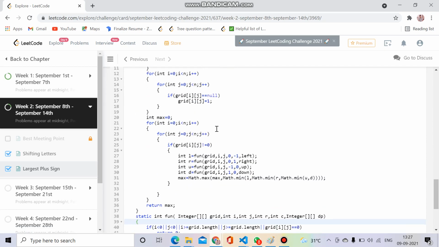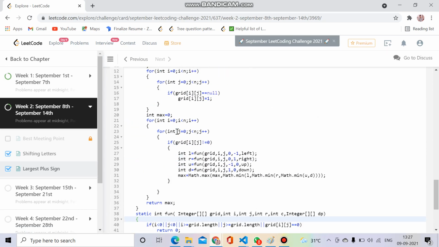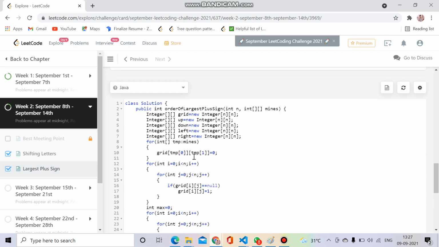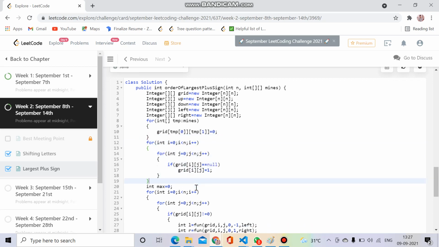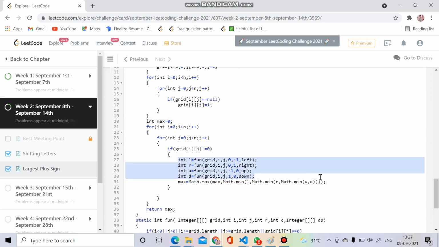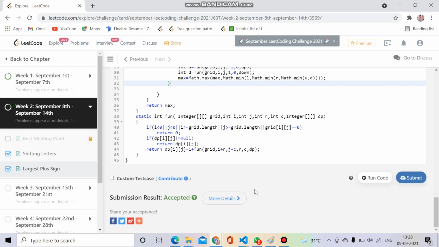So what I'm trying to do here is that I make the four arrays for DP: up, down, left and right. First of all, I make the grid array, marking zeros where it is 0 and marking ones otherwise. And for each grid[i][j] which is 1, I am calculating its left, right, upward and downward, and I am comparing it with the max. And how I am calculating left, right: if I know its previous left, it will be stored in dp[i][j], and when I have to calculate it again, I will simply return it from here if it's calculated. If it's not, then I will calculate it and store it in DP, so we can use it for further use.